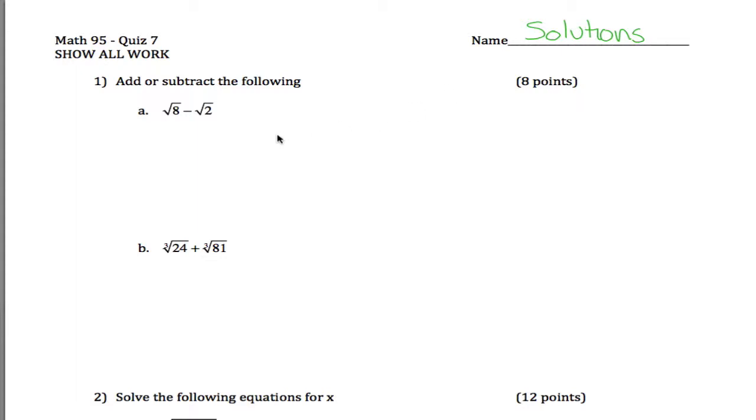All right, solutions for quiz 7, Math 95. This first one, I think we've done this enough in class, you might just have it memorized and know exactly how to do it. But really the idea is, okay, when you're trying to add or subtract radicals like this,